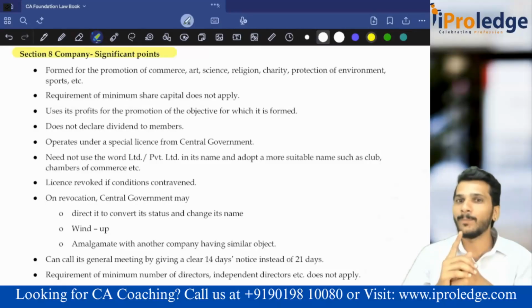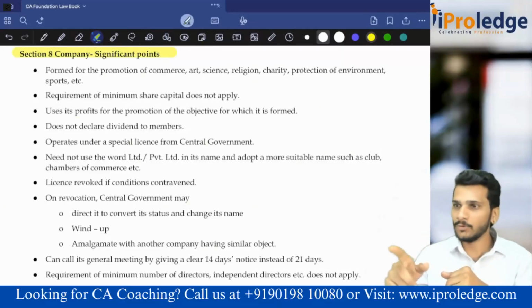It is in the pure discretion of the head of ISRO, the chairman of ISRO. That's okay. And the main thing which we have to discuss here is, whenever it is a private company, public company, Section 8 company, we will again discuss in MOA. The name of the public company should end with the word Limited. The name of the private company should end with the words Private Limited. PVT Limited or Private Limited in full. The name of the OPC should end with Private Limited OPC, because OPC is a part of private limited.